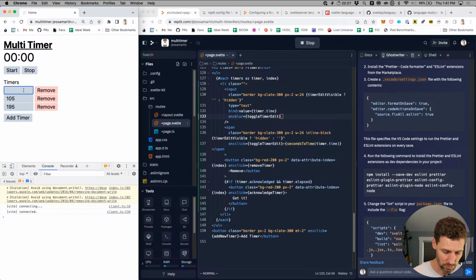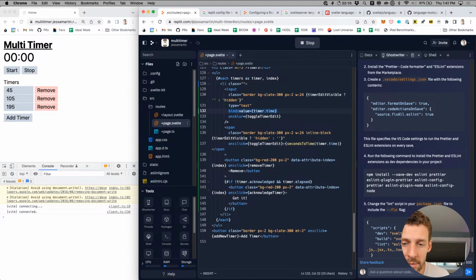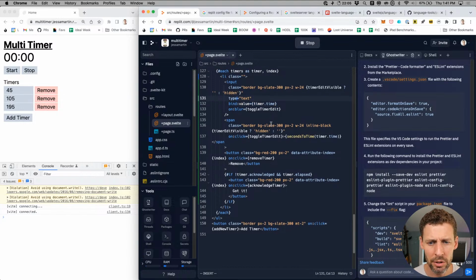So let's see, 45 seconds, put that back on there. I think I might leave off resorting for now, because otherwise we have to change out the bind value and do the update ourselves. We could do it as part of this on blur that we already have in here, and then redraw. I mean, that wouldn't be the worst thing.